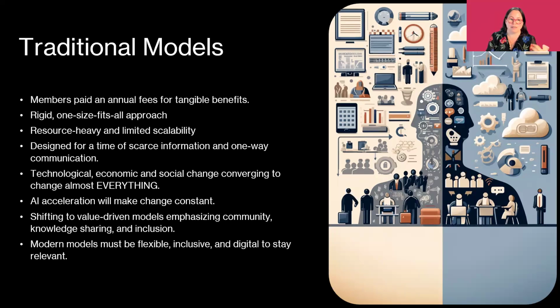We're not only going through the technological, economic, and social changes of the last 10 to 20 years, but now we have AI. Now, AI is changing that whole game again. We are only at the very, very beginning stages of AI acceleration. And from here on in, change is going to become faster and faster and faster. And we as associations need to be able to adapt to that, not only for our own longevity, but also so we can guide our members through what's coming, because it's going to be significant. But that is probably a topic for a different webinar. But essentially what's happening is we're moving to more purpose-driven, value-driven models. And they've got to actually be adaptable because things are changing.